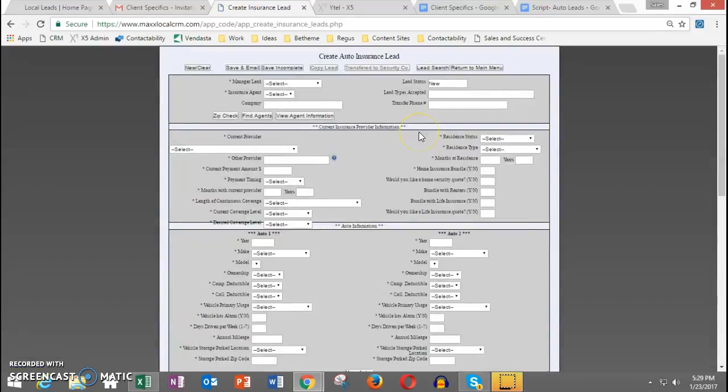So going to the create lead screen. This is really where you're going to spend a majority of your time through the day, inputting the lead information while you're on the phone. That's going to be a super crucial place that you're going to need to spend a lot of time. So what I would encourage you to do while you have this screen open is maybe phone a friend or a family member, maybe talk to your husband, wife, girlfriend, boyfriend, your kids. And as you talk to them, ask them these questions. Do a little bit of a role play and just get familiar with this screen.